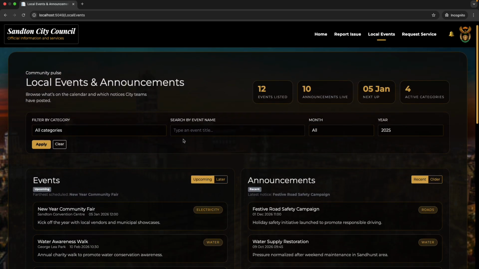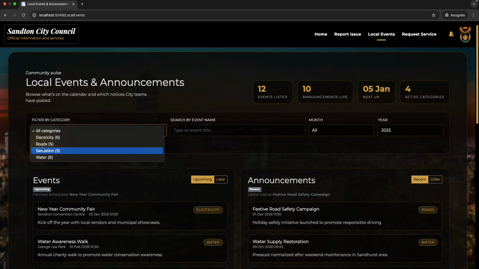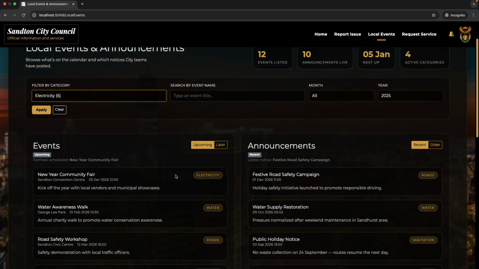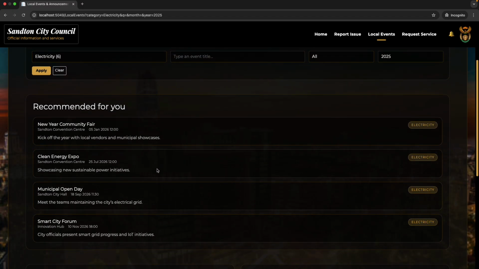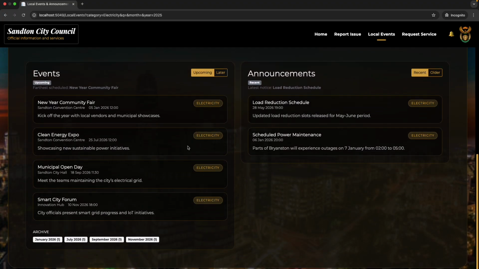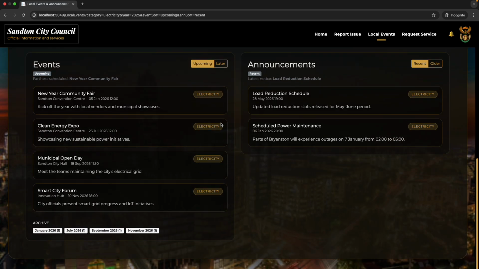Right. So now if I filter for electricity, as you can see at the moment everything is showing, and if I filter for electricity, now the recommended options, of course, is just going to be all the electricity options, but that's going to be held for later. The events itself is only going to be showing electricity options. As you can see, this is where the stacks and the queues come into play. So where the upcoming events are filtered